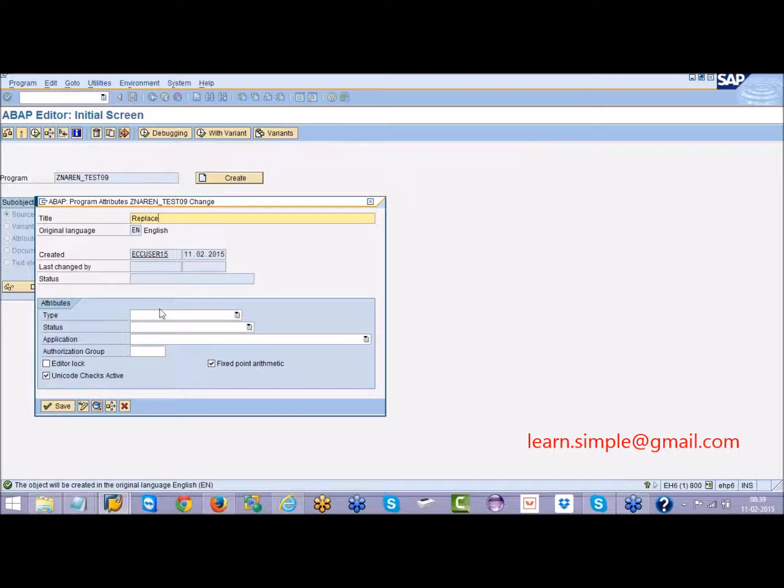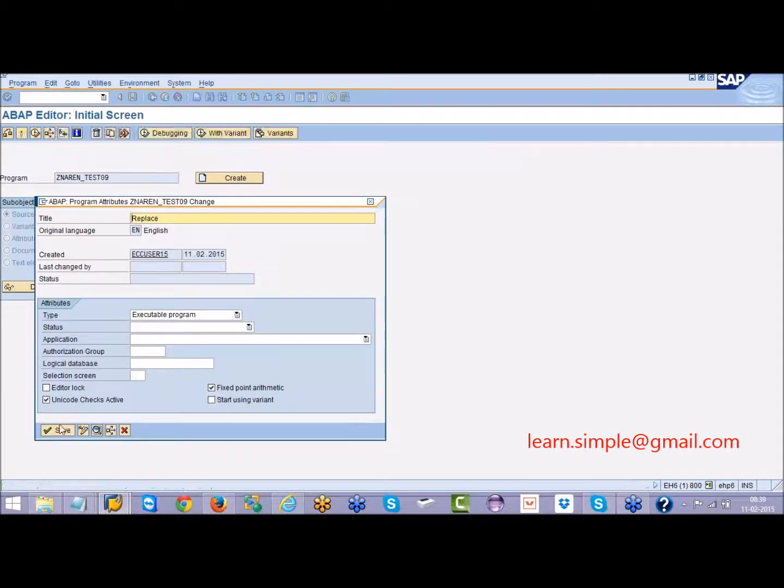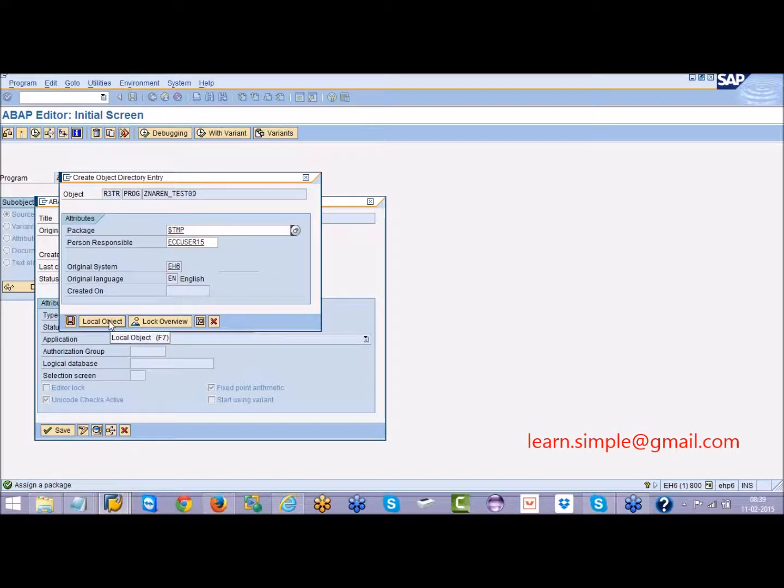There is a next keyword called replace. So we'll see what replace is.